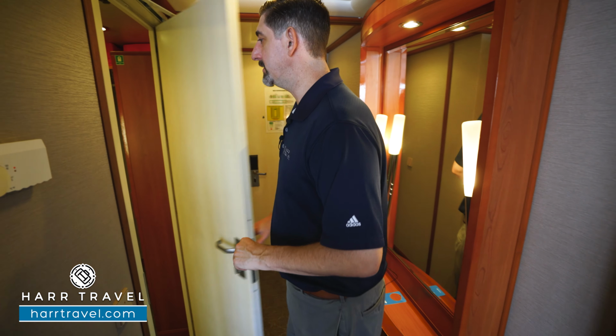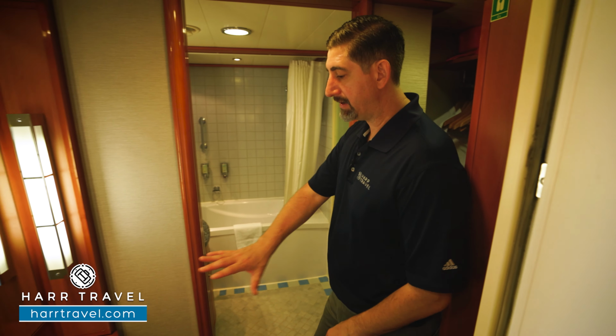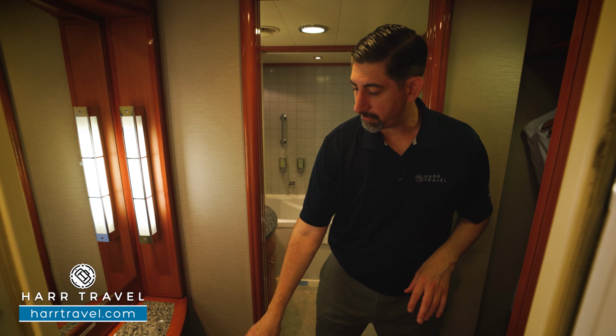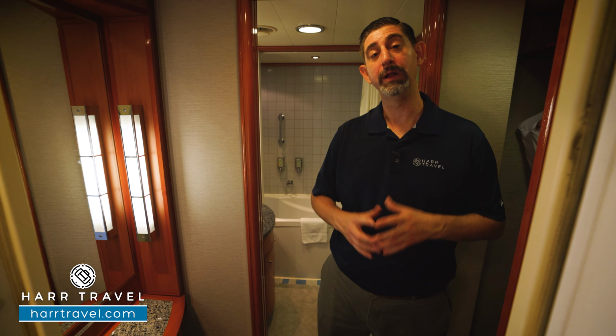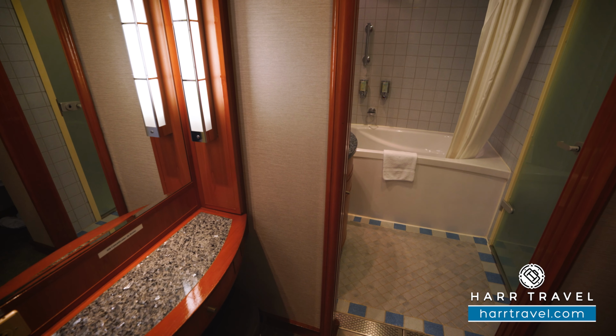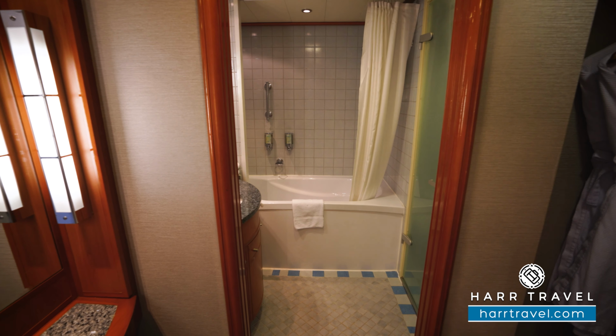Now, as we step into the bathroom, this is by far the biggest difference that you're going to find. You've got a nice little vanity here to sit and get ready. You'll have a plug right above and then a plug underneath. One's US and one's Euro. Now, I always bring an extra European adapter and converter or two so I could take advantage of all the plugs in the room. You'll have a hair dryer, and then on this side, you have a ton of hanging